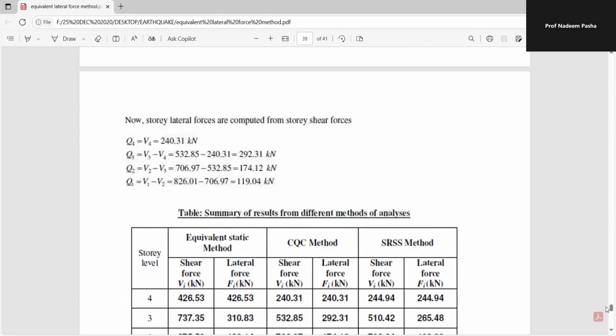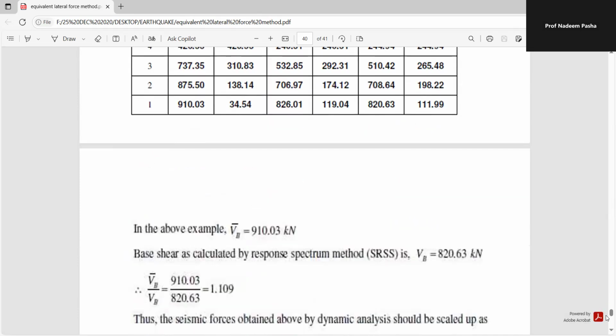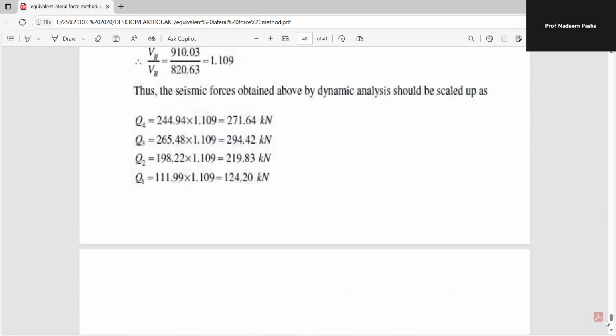These are the V1. Now, story lateral forces are computed from shear forces. Q4 is equal to V4, equal to this much. Q3 is equal to V3 minus V4, Q2 is V2 minus V3, and Q1 is V1 minus V2. So, a summary of results from different methods. If you see, these are the values in the above example. V number is equal to this much,